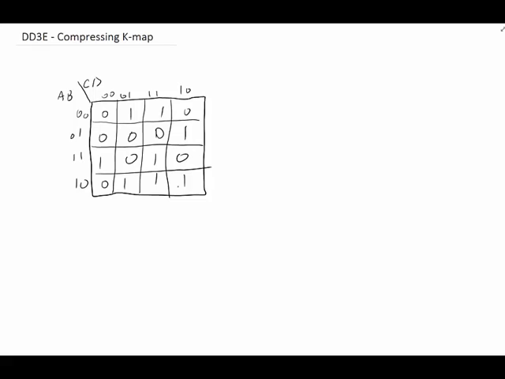Let's say this is a K-map given to us, and for example they ask us to compress